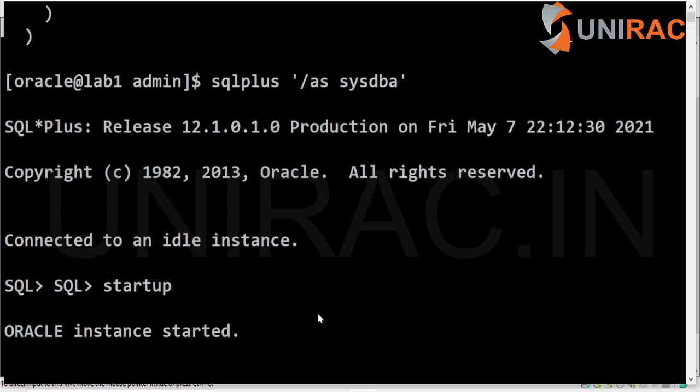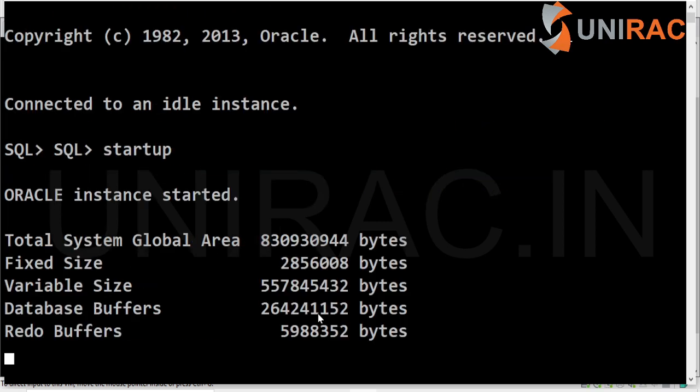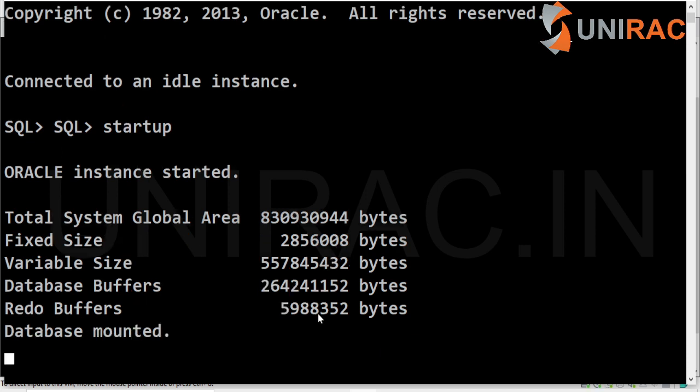Getting started. Instance got started. Database mounted, hitting open. Once open,